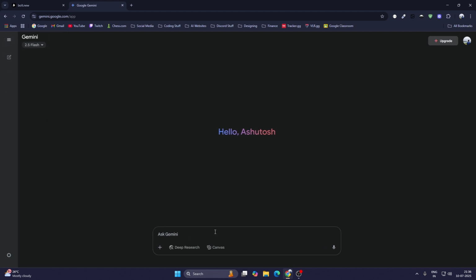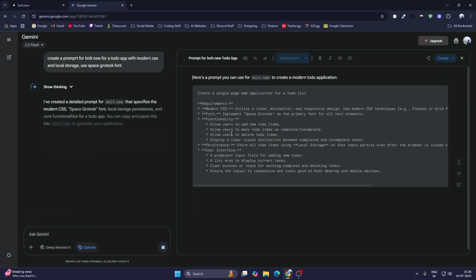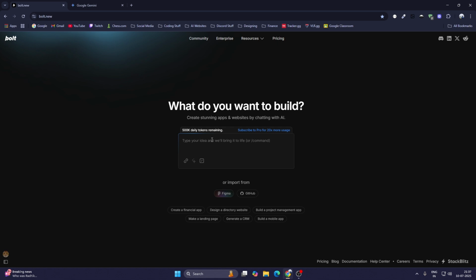and we'll open Gemini again, and I'll just write it: create a prompt for Bolt.new for a to-do app with modern CSS and local storage, use Space Grotesk font. Okay, so it has created a prompt, so you can just copy this and paste it in Bolt